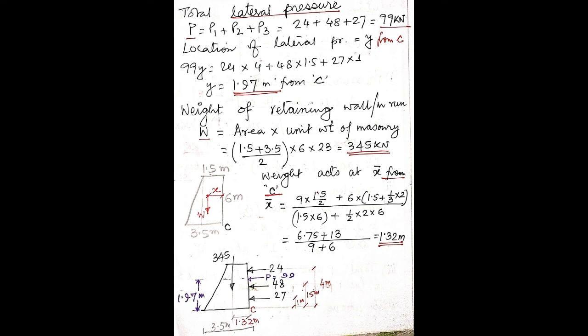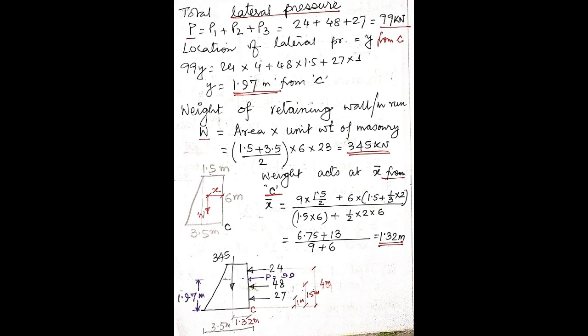1.5 into 6, that is 9, into 1.5 by 2. We are taking the centroid from the point C. So 1.5 by 2 plus, what is the area of the triangle? Half into base into height. So half into what is the base? Base of the triangle, so 3.5 meter minus 1.5 meter, that is 2 meter. Height is how much? 6 meter. So this gives us